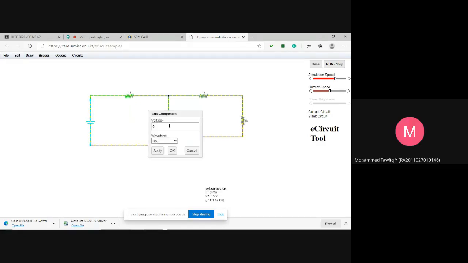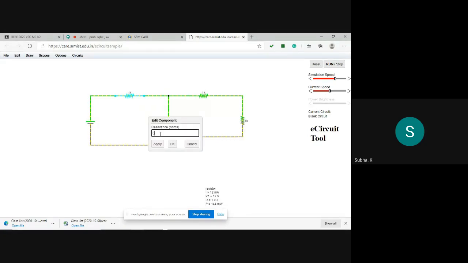Last class I fixed 25 and all, so today's class I will fix 20. Now this value of resistance, I will fix it as 330. See, this is how we edit the values. Don't keep it as the default value. You double click or left click, you will be able to edit the values. Last resistance is 1K, so I am letting it default.